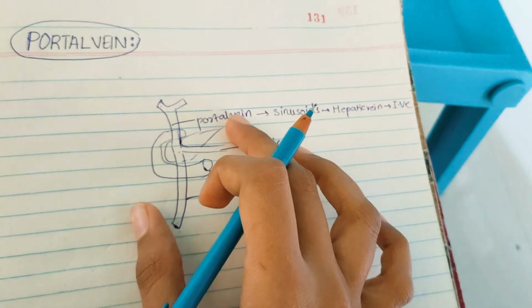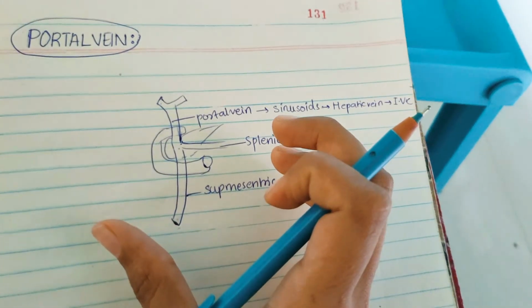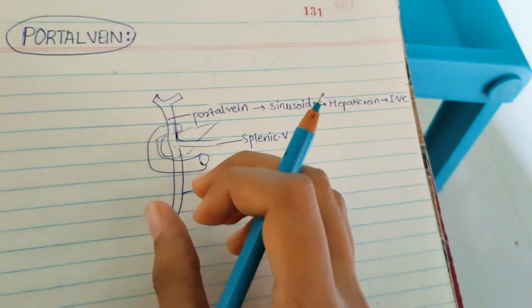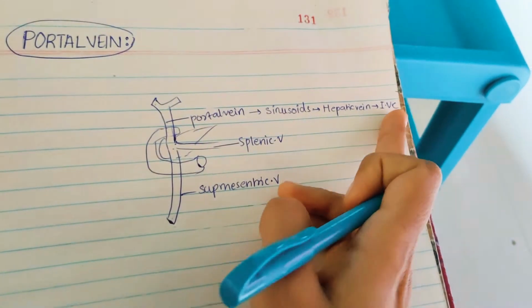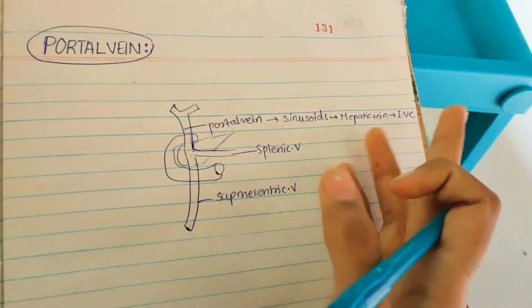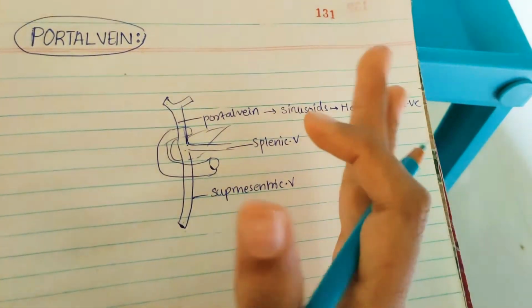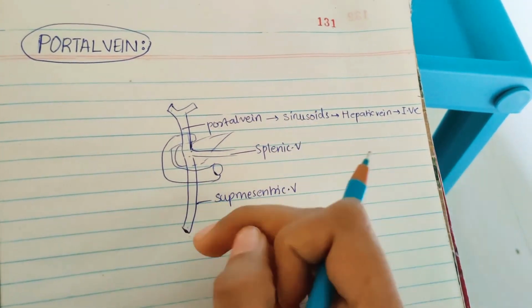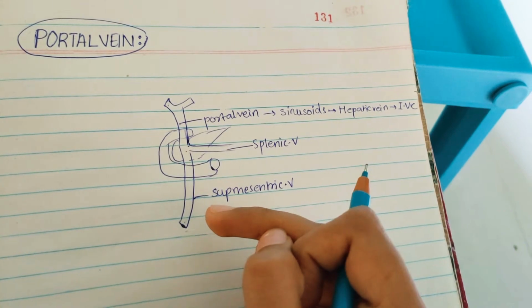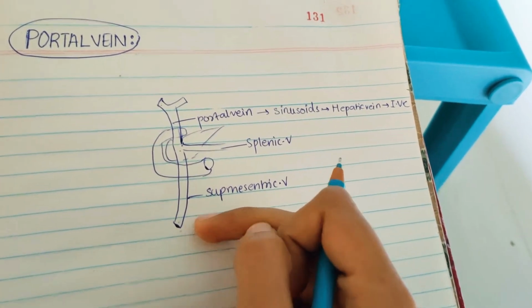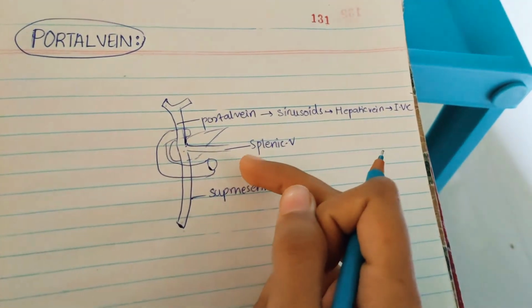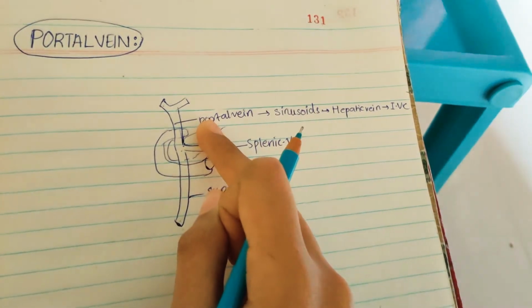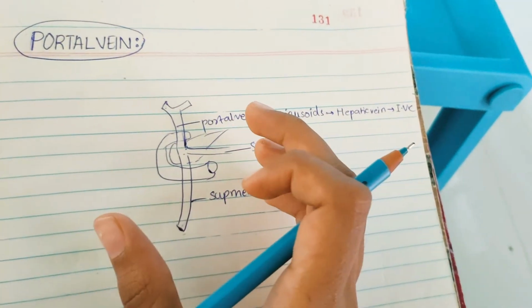From which region does the portal vein drain the blood? The portal vein drains the blood from the whole abdominal region, and it will finally reach the inferior vena cava and, of course, the right heart. It is called the portal vein because its main tributary is the superior mesenteric vein, which begins in one set of capillaries in the gut, and the portal vein ends in another set of capillaries in the liver. That's why it is called the portal vein.